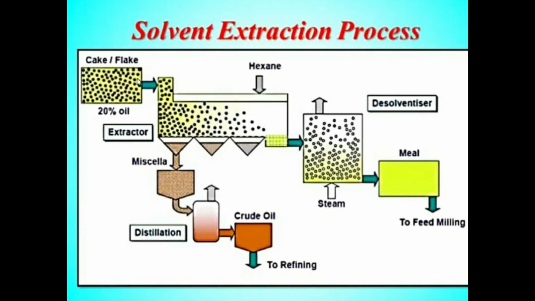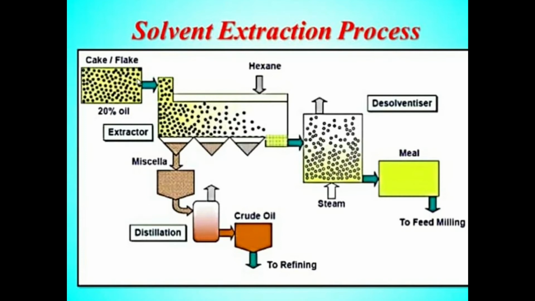The next step uses a machine or equipment called the extractor. In the extractor, whatever solvent we are going to use is poured onto the cake or flakes, some agitation is carried out, and the temperature is also raised a little. Due to that, there is contact of hexane with the flakes, and our principle, like dissolves like, applies. So hexane dissolves the materials which are similar to hexane. Here we can consider fat as similar to hexane.